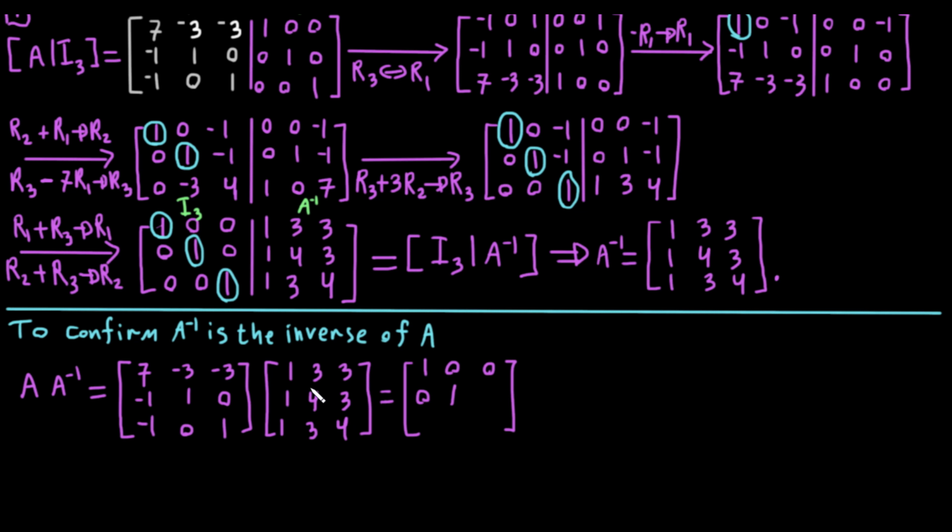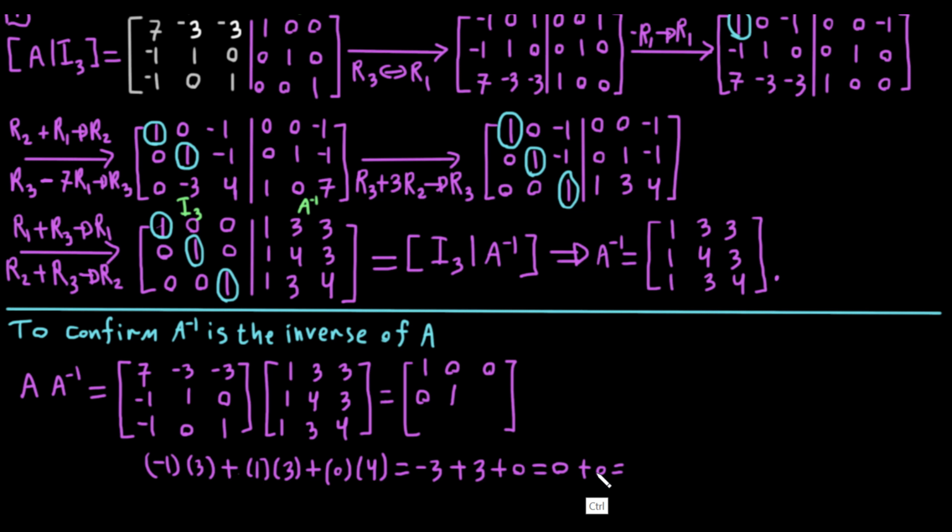So negative 1 multiplied by 3 plus 1 multiplied by 3 plus 0 multiplied by 4 equals negative 1 multiplied by 3, which is negative 3, plus 3, because 1 multiplied by 3, plus 0 equals negative 3 plus 3, which is 0, plus 0 equals 0. So I will write here 0,